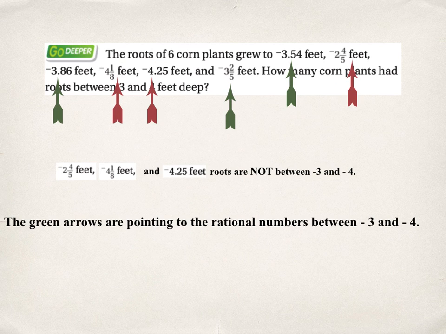As you can see, the rational numbers pointed to by the red arrows are not numbers that are between -3 and -4. The green arrows are pointing to the rational numbers that are actually between a